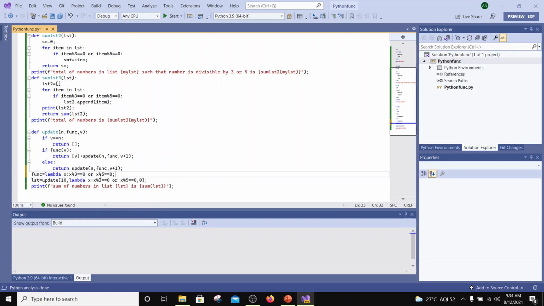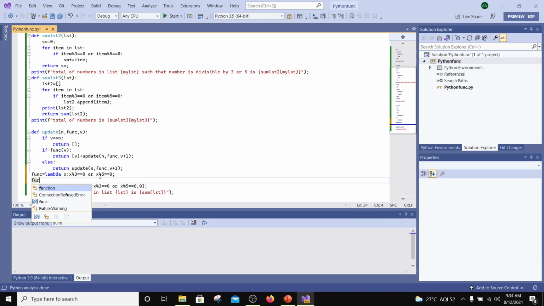Okay, so this function is basically going to return true or false only. So if I pass 5 to this and try to print this,